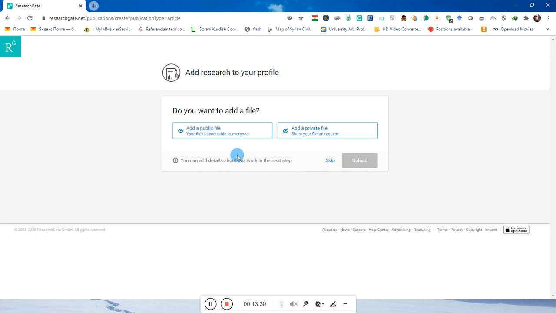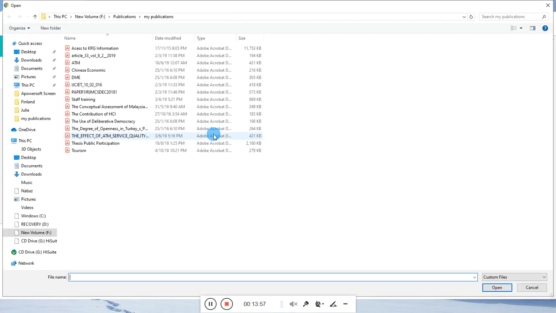So if you want your file to be shared with the public, everybody to see your file, then you can choose this one, or you can select skip if you want to only share the abstract, only add the abstract, then you can simply click on skip. But let's add a file, a public file, to see how you can add the file. Click on add public file and then let me add